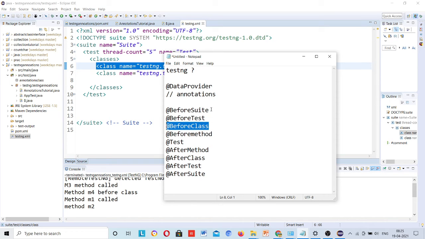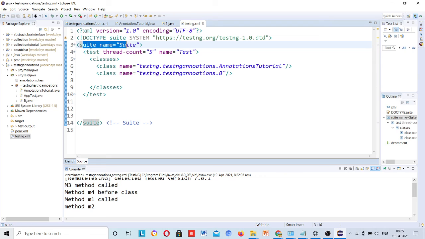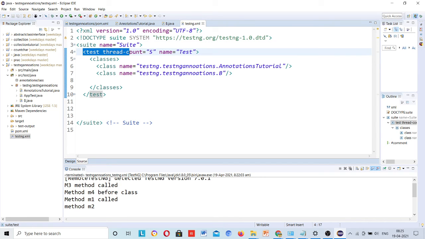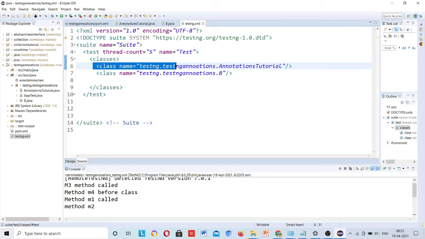It will not be scanning inside that class for before suite, before test. That part it has already completed here. So when we enter inside the classes, it will check starting from before class, if present.